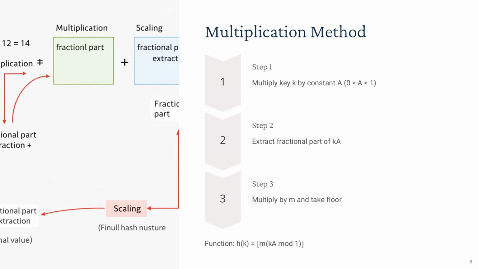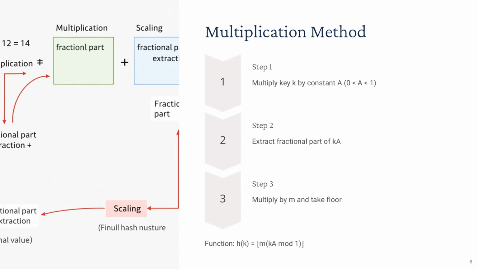This method is less sensitive to the choice of m compared to the division method, making it more flexible. A commonly used value for a is the inverse of the golden ratio, approximately 0.618. This choice avoids patterns in hash values and promotes a uniform distribution. The multiplication method is particularly useful in applications where precise control over m is difficult, such as dynamic systems with